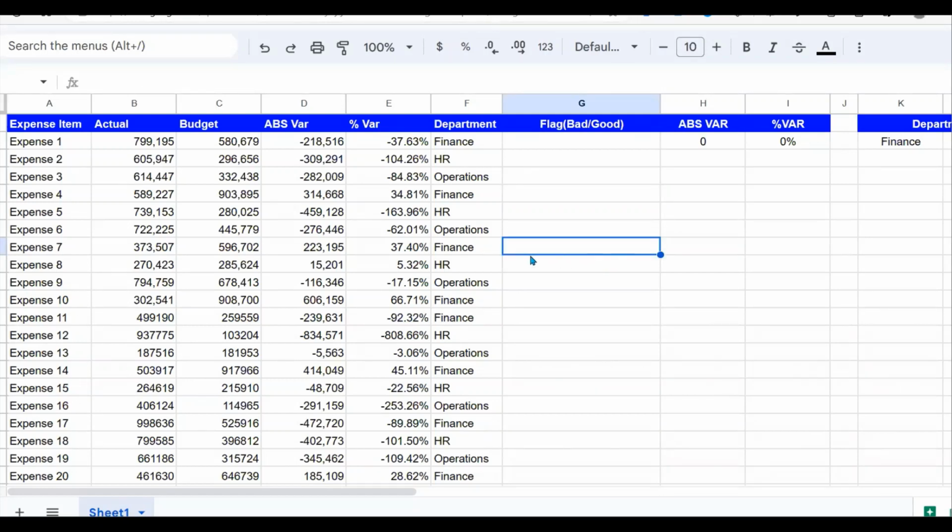Today we're going to look at how we use the AND function, the OR function, and the IF function in Google Sheets. To demonstrate that, I have a wonderful example here that shows the expense, actual spent, the budget, absolute variance, percentage variance. Absolute variance is got by the budget minus the actual,